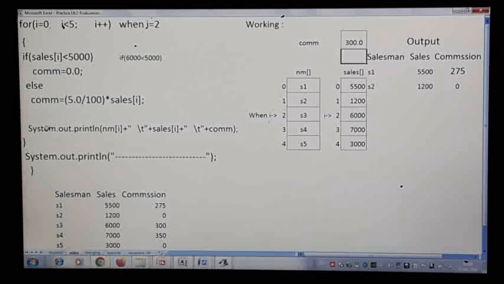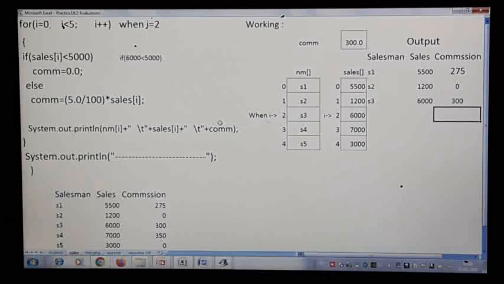Then again it reaches this statement and you will get the output as name of 2. Name of 2 is how much? S3. Then sales of 2 is 6,000. Then how much is stored in commission? 300. So this is the value you get.